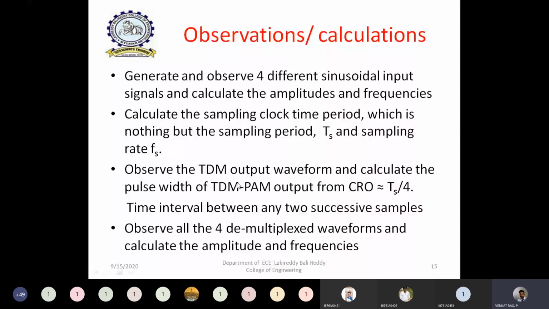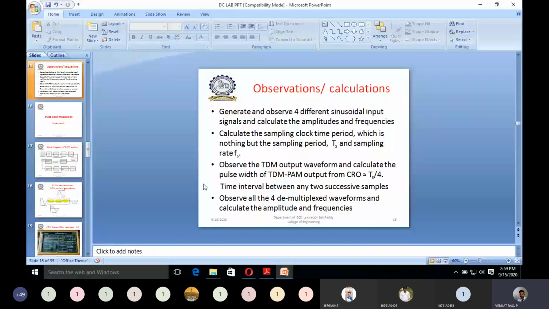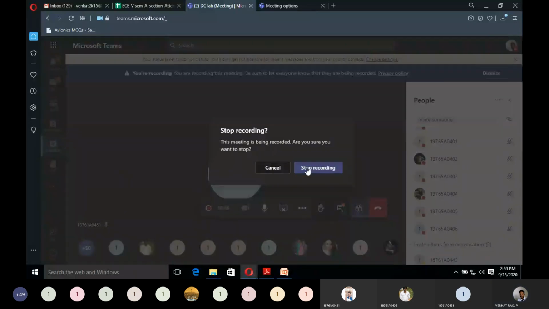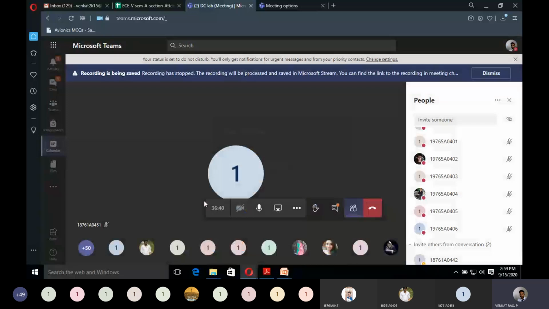Similarly, observe all the 4 demultiplexing waveforms and calculate the amplitude and frequencies of the demultiplexer waveforms also. So this is the experiment of time division multiplexing and demultiplexing. If you have any doubts in this particular experiment,